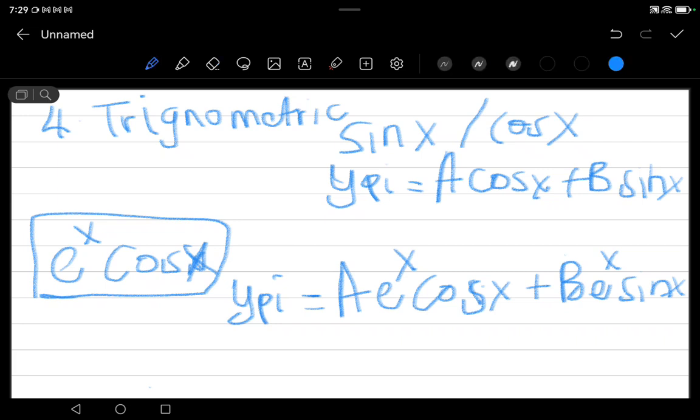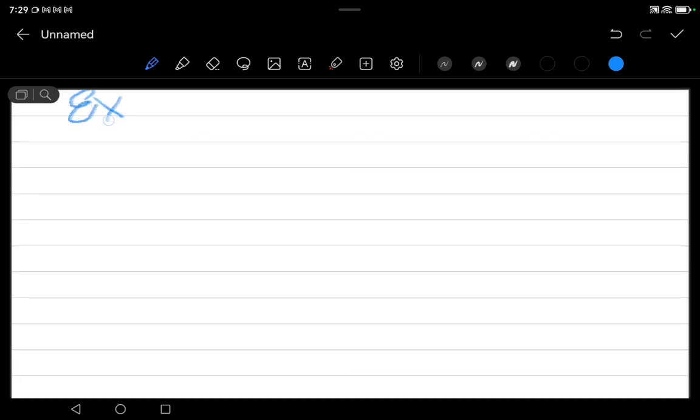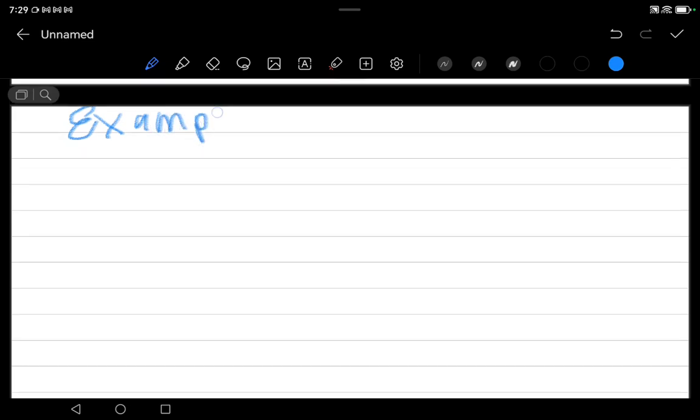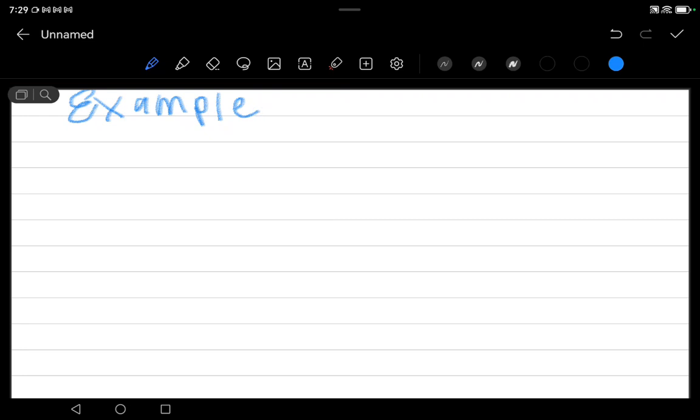So now let's make an example. In this example, I'm also going to show you something. We're also going to do an activity, and you're going to choose which one we should do. Okay, example, let's say we have y prime prime plus 2y prime equals